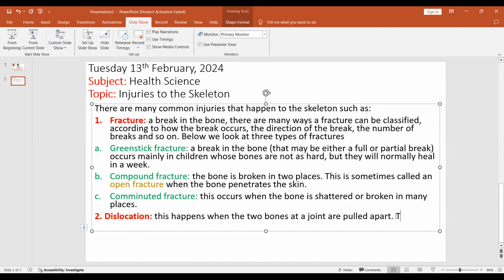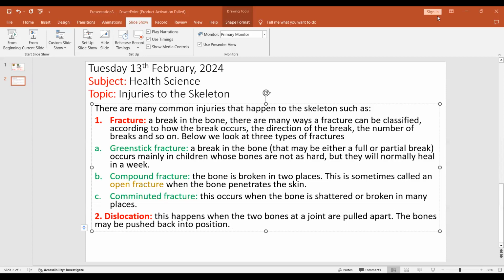So the bones may be pushed back into position. Dislocation. So when you have two bones of the joint being pulled apart, and we could just snap it back into position. Now, in some cases, it still requires the healing process, but